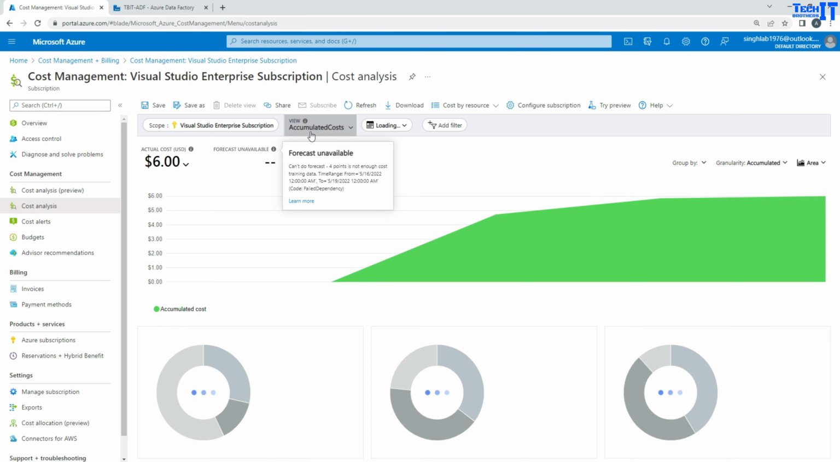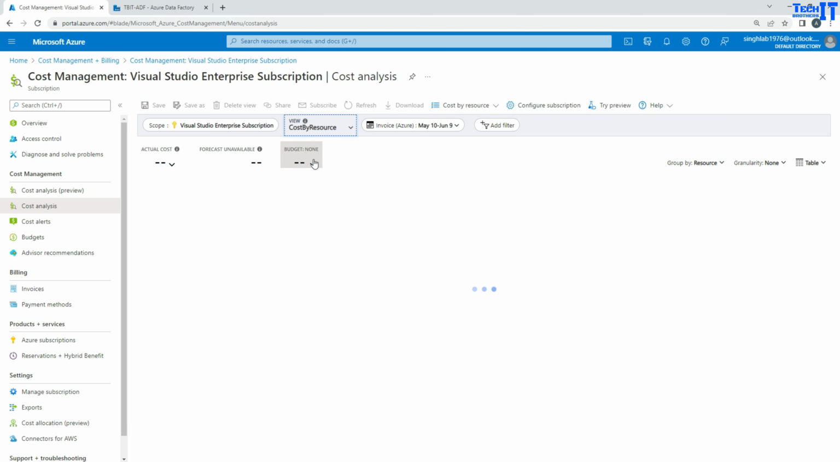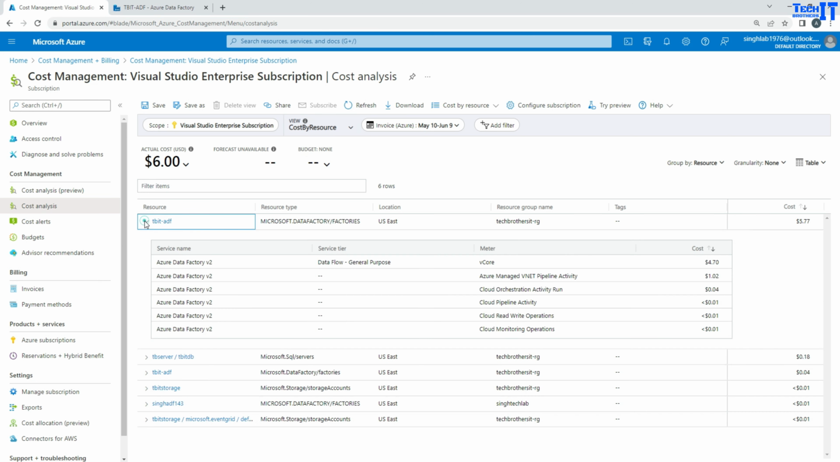Now there are different filters available, and in my case I'm going to go with cost by resource because I would like to see how much is charged by my data factory. And here is my data factory, and I can click right there, and you can see I've been charged for cloud monitoring operations, for cloud read-write operations, and for the pipeline activity, and for